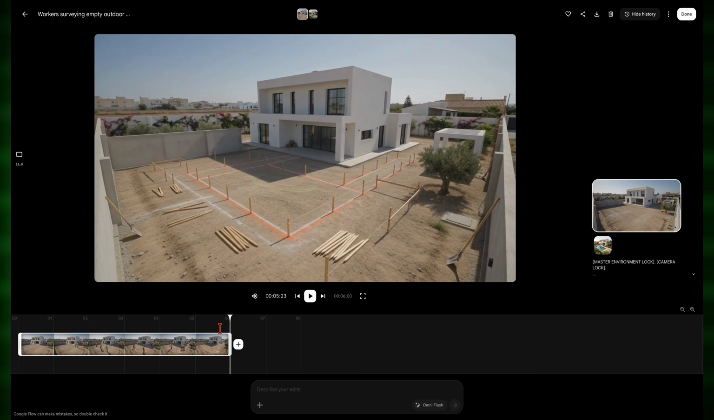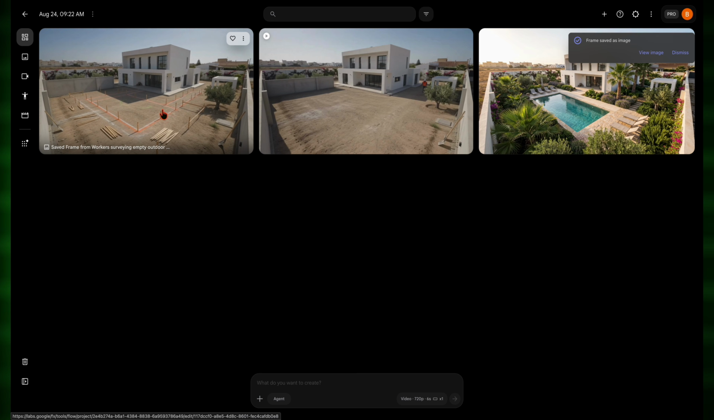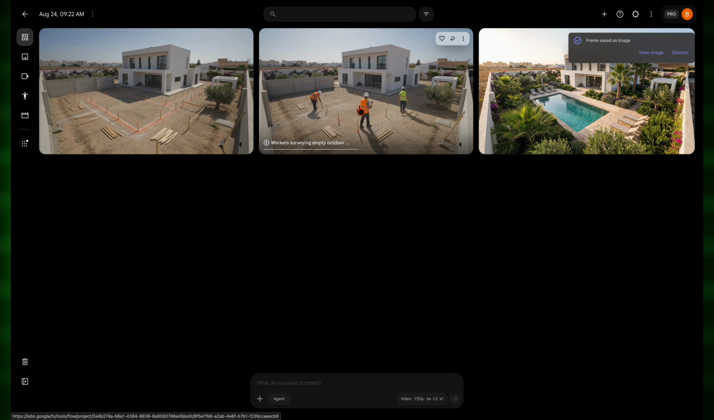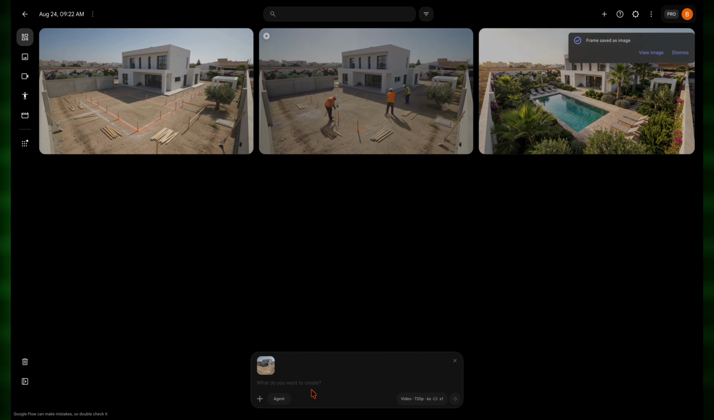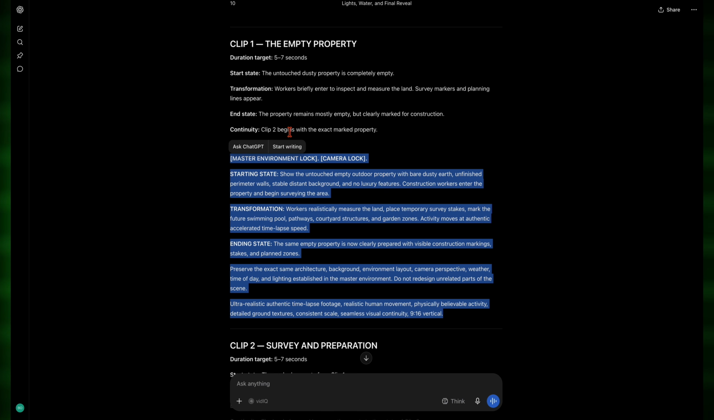Move the slider all the way to the last frame of the first clip you generated, then click the Save Frame icon. Google Flow will save that final frame as an image. As you can see, we now have an image showing the exact moment where the first clip ended. This is the key. Drag that saved frame into the prompt box,